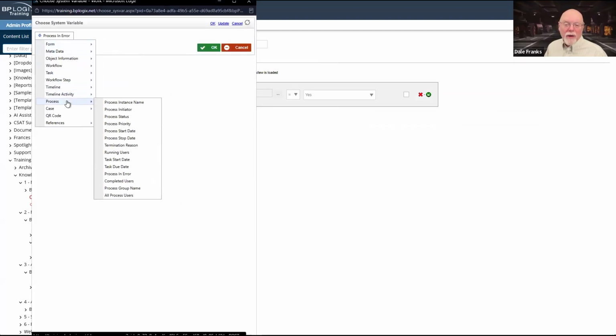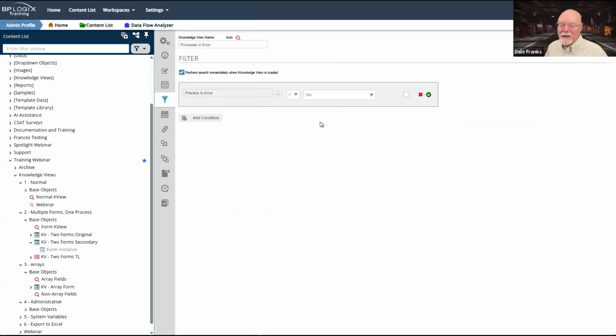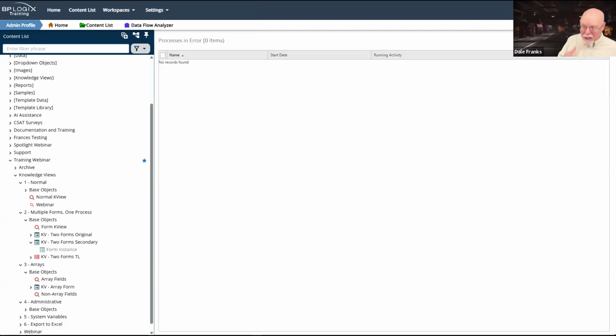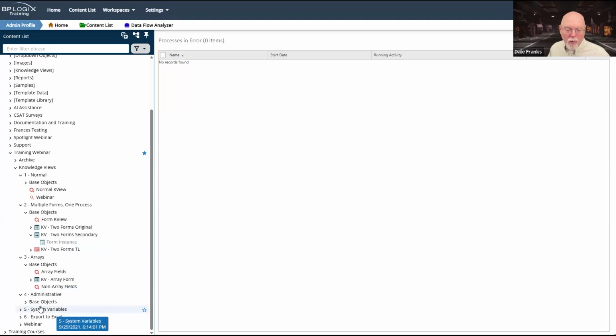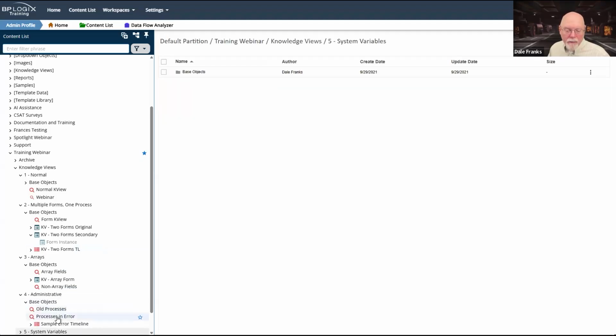So you're looking for process and process in error. So you just pick that and set it to equal yes. And this will return all of the processes that are in error on your system. There are no processes in error on my system. That makes me happy. That is what I generally want to see. So we're good with that.